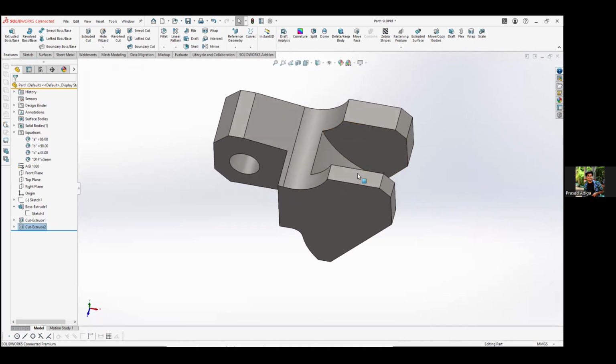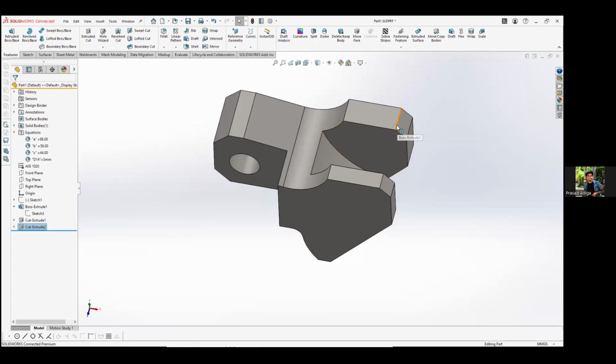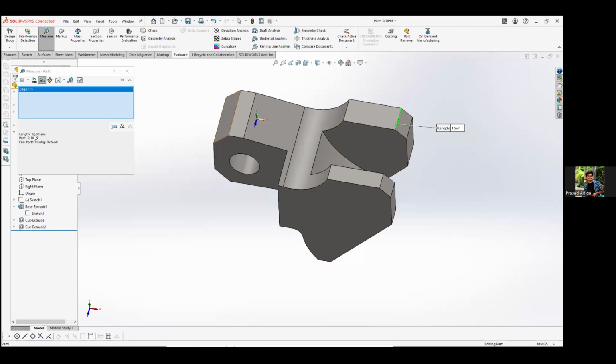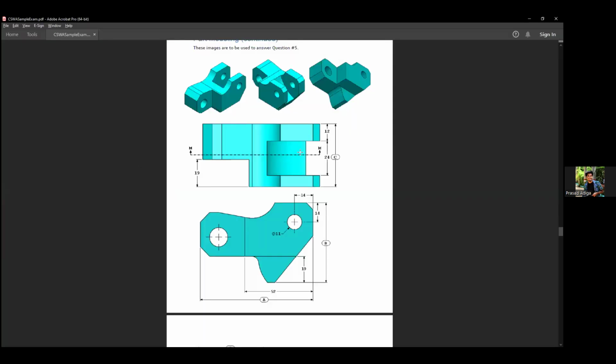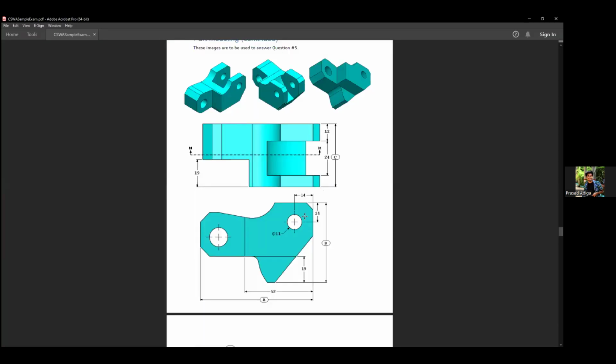But how do we make sure if it's right or wrong? They have given 12 here, right? The edge length is 12. If you go to measure, evaluate, click on measure, and select this edge. If it gives 12 mm, then our math was right. So we gave the offset C minus 24 minus 12, cut it for 24 mm, and our entire model is now done. Or not entirely done. There is one more step that has to be done, which is,